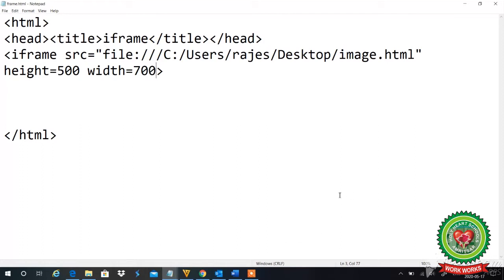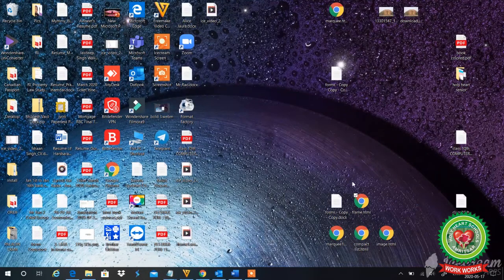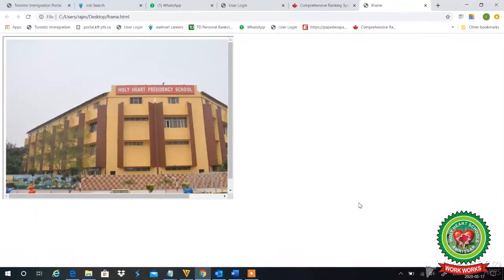Now the height attribute will decide the height of the frame, and the width attribute will decide the width of the frame. I'll save my work, I'll close it and see the output. Now this is height wise and this is width wise. Height wise 500 pixels and width wise 700 pixels.